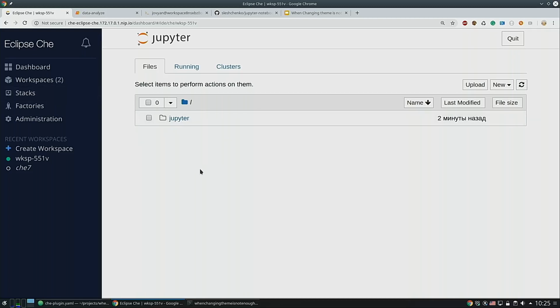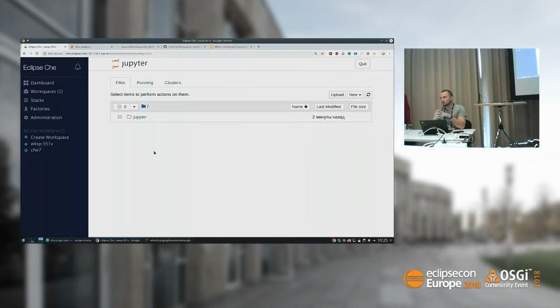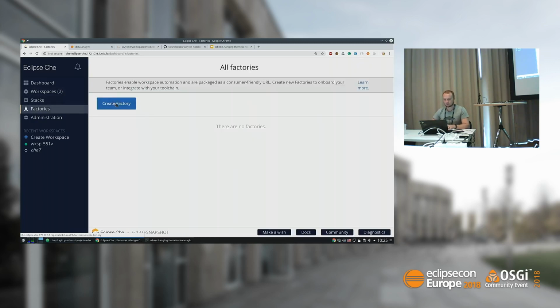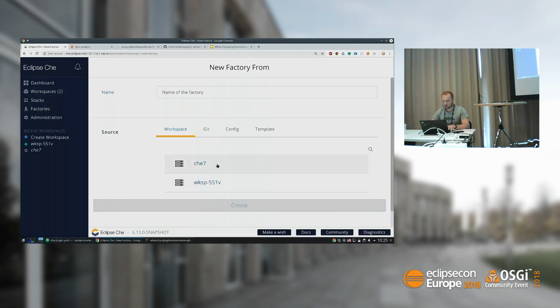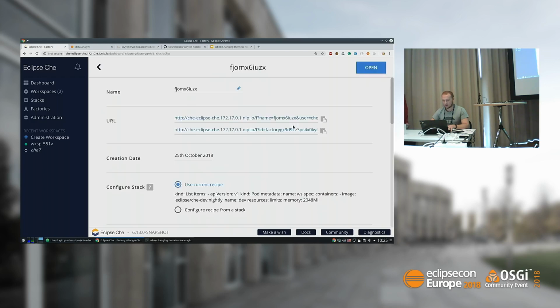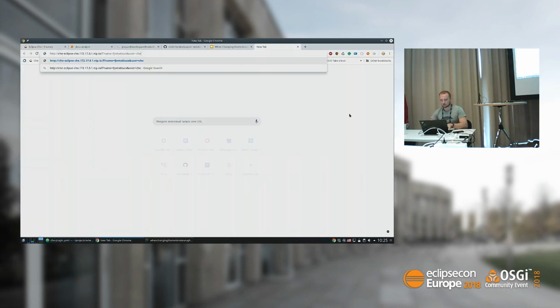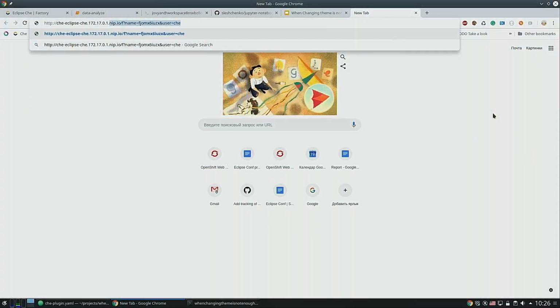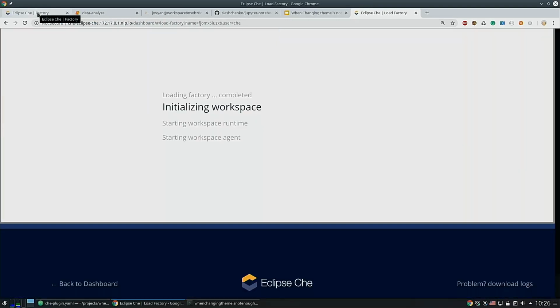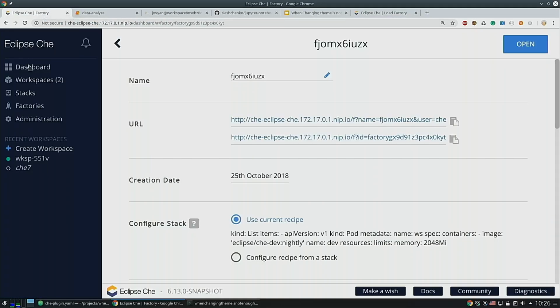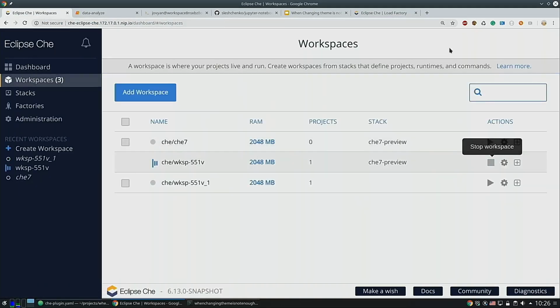Yeah, and you also may want to share your custom IDE with other users, just like sharing a link, and it will be a factory link. We can create a factory from our workspace, and that's all. We can share this pretty simple URL, and after opening it, so it's supposed to fail, I think. Yeah. After opening it,